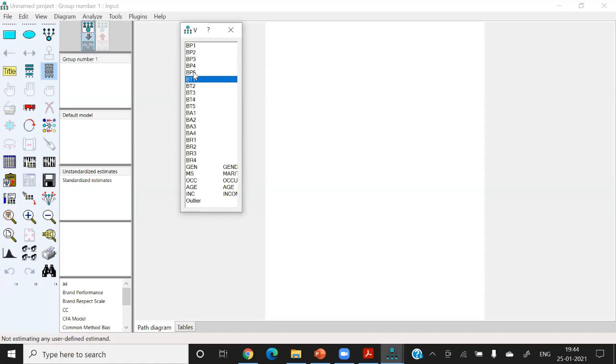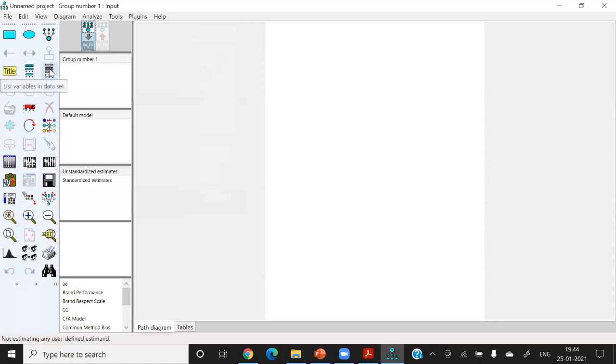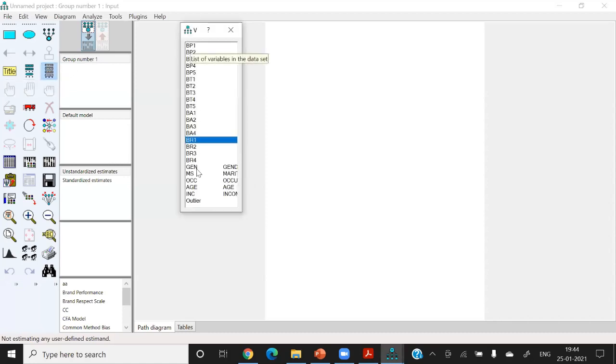Similarly, the second construct is brand trust, represented by BT1, 2, 3, 4, 5. So we have 5 items representing brand trust. Similarly, we have brand awareness and brand reputation. Now I can see all the items here, using the C3 icon to see all the items in my file.